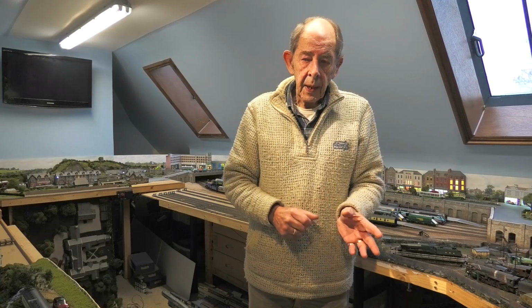which wasn't too bad in the beginning. Taking it apart was quite easy. The Hornby glue is not particularly strong, so I could actually take all that apart by breaking the joints of the glue, and it came apart quite easily. And then it was a case of priming it, spraying it Caledonian blue, satin black in the places where it needed to be sprayed satin black, and then putting the lining on. And then the last thing was to